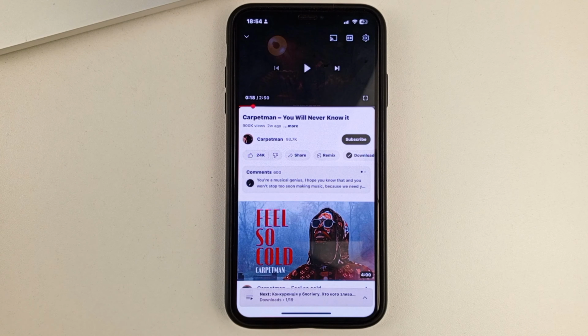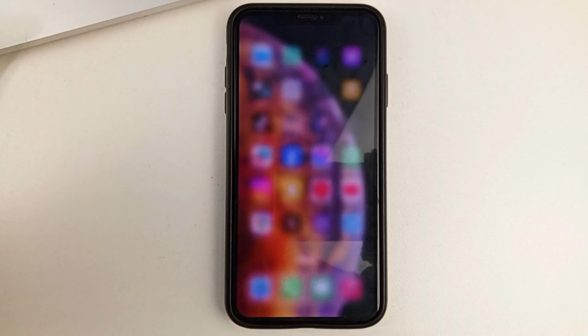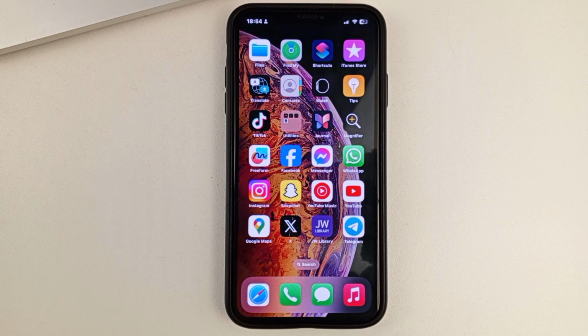So, for example, if you have YouTube on some other phone, or on a laptop, on a tablet, then, for example, on another device, you will not be able to find the same videos that you downloaded to your phone. For other devices, you will have to download either the same videos or other videos separately, so that you can watch them offline. Friends, this is the way you will be able to watch videos offline on YouTube.